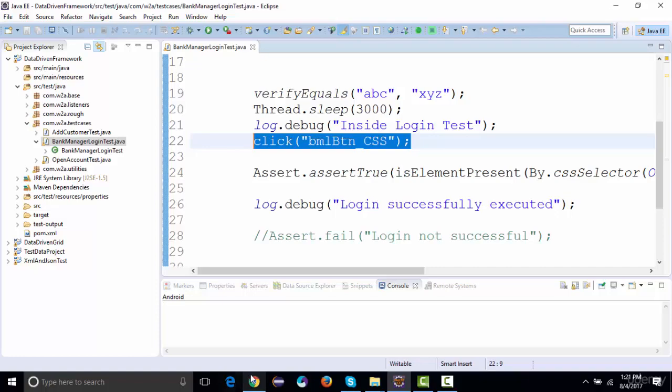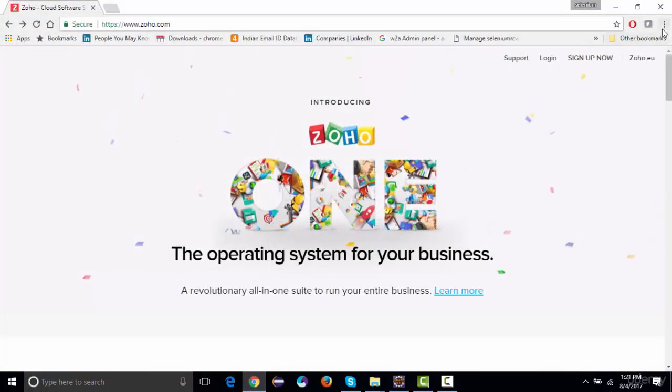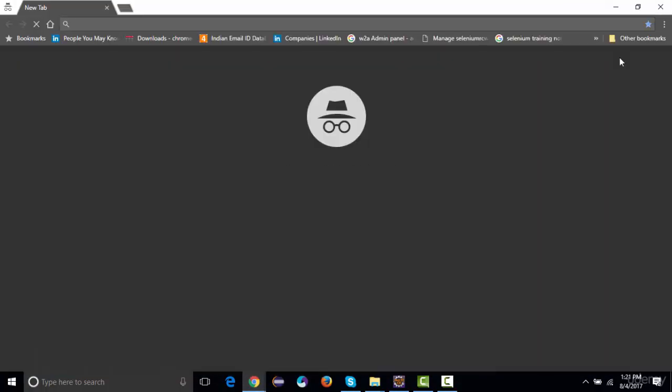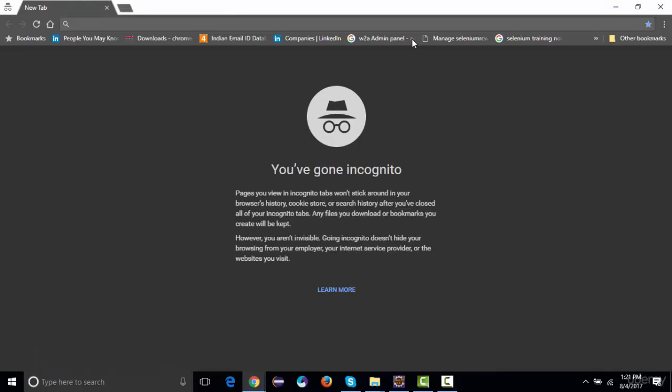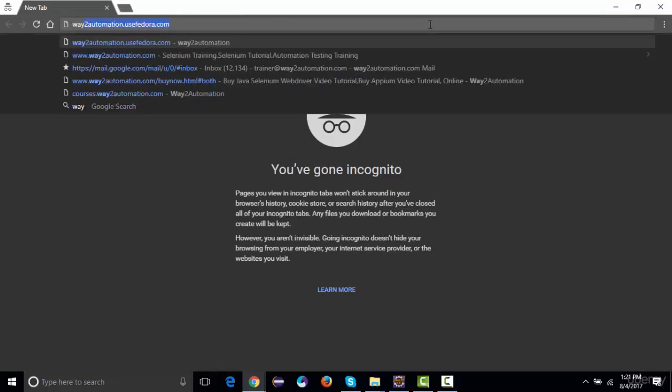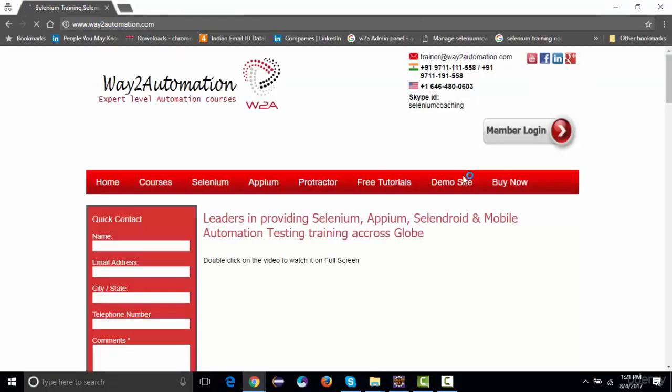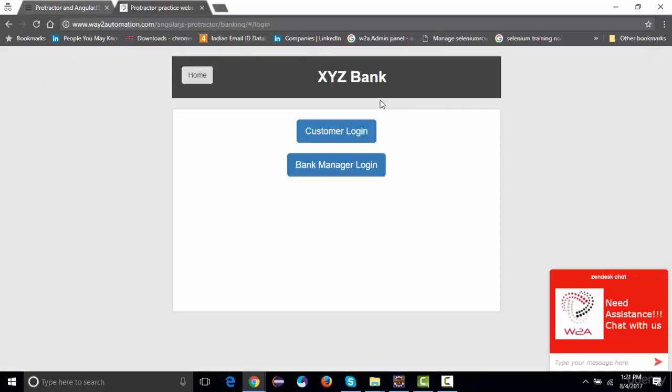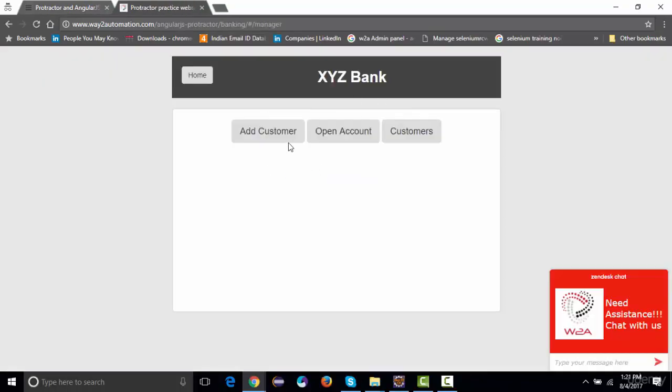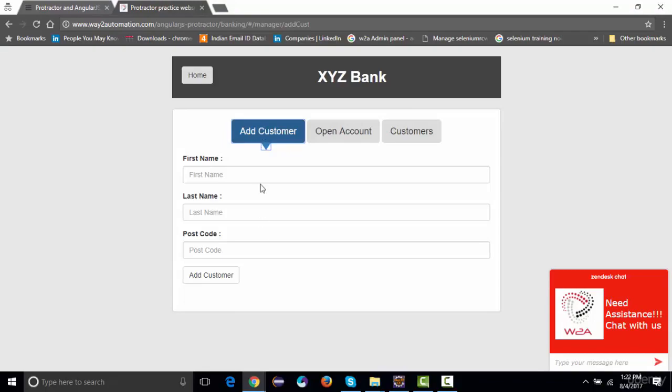As in, if we were talking about this website itself, let's say I go to way to automation, and over here, we open the website that we have automated in data driven. So let's say I click on bank manager login, and one of the test cases was adding a customer.